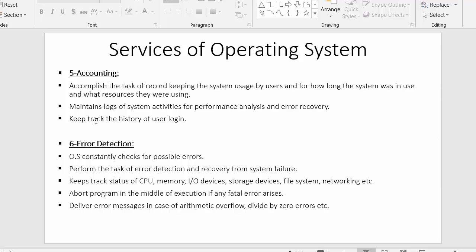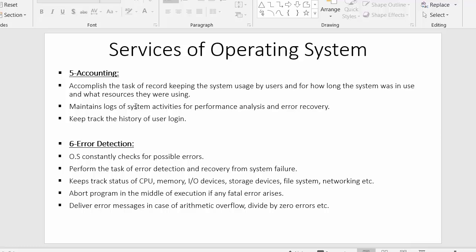The second point is that it maintains logs of system activities for performance analysis and error recovery. Along with keeping a continuous eye on the activities of users, it also maintains a record of all the activities performed by the users. This is called logs, a complete detail of all the activities performed by various users, which gives the operating system complete information about the performance of the system.